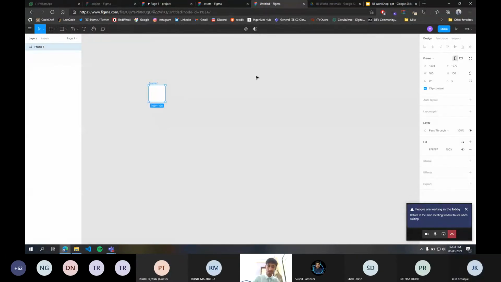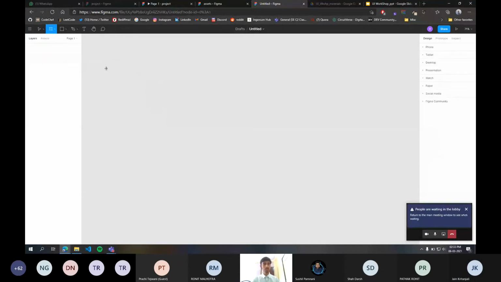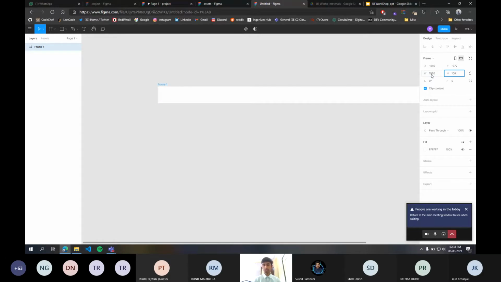Okay, thank you, Kritanjali. So we choose this frame tool, and then we just place a frame right over here, and then we give it a size of 1920 by 1080. Now this is the frame size that is usually preferred for prototypes when making desktop web apps. Okay, so now as you can see, the frame is presented over here.